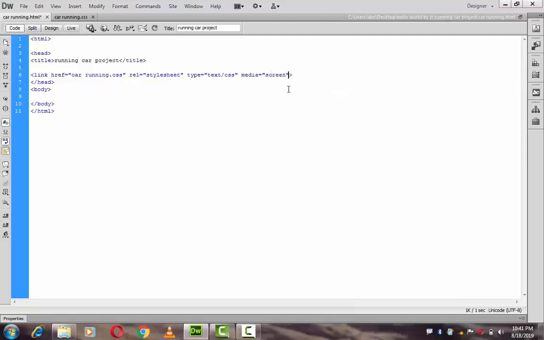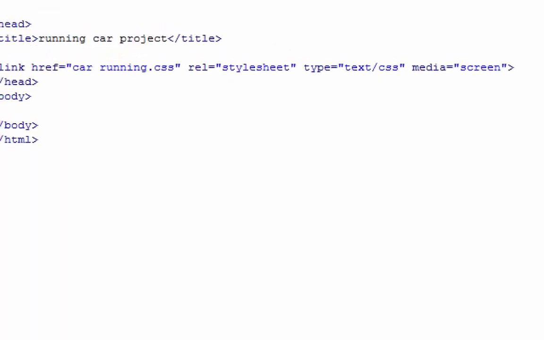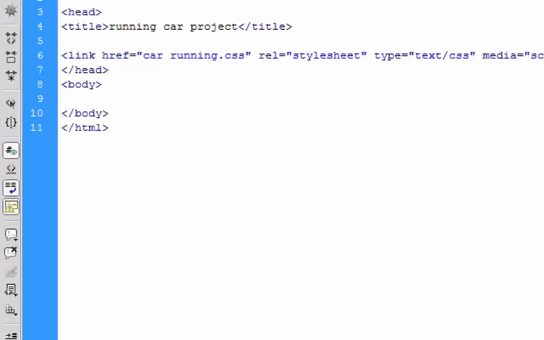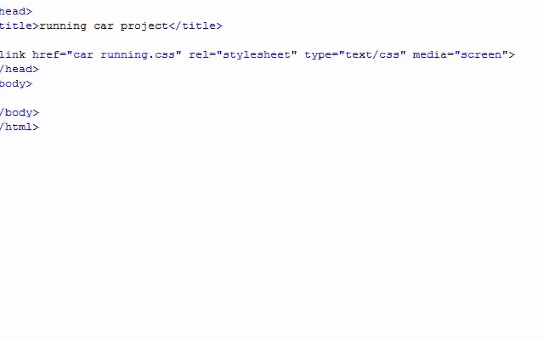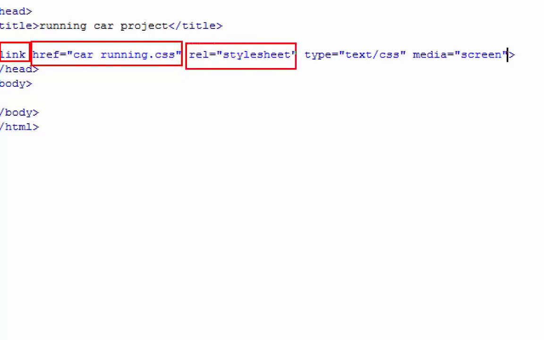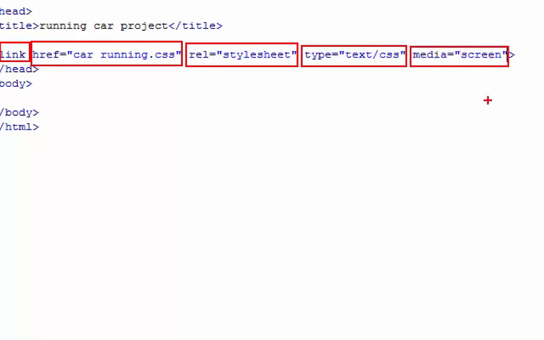We can see basically printing media or a screen media for showing the data in the browser, and printing media is used for basically printing the data from inside the browser. So this is the total link here. Link is used for creating a link. This is the hyperlink, the total link of the CSS, and this is the relation type we can make with the HTML and CSS, and this is media, which says in which way we can display the total content in the browser.